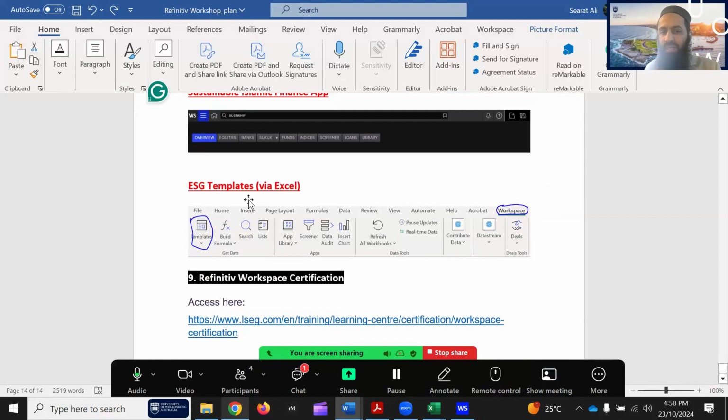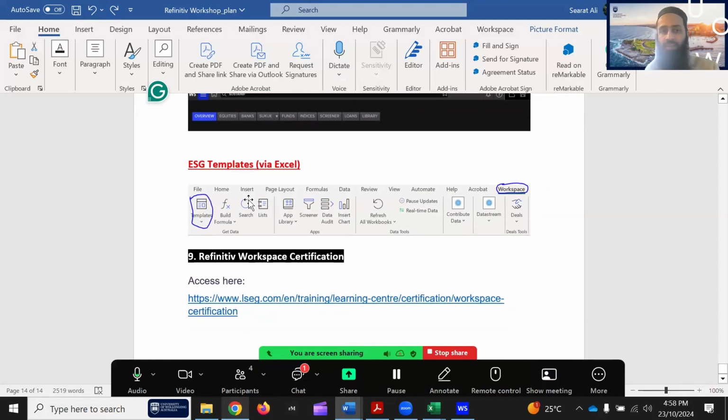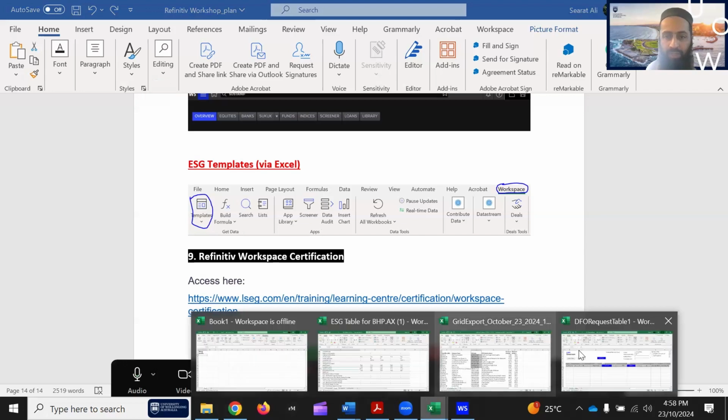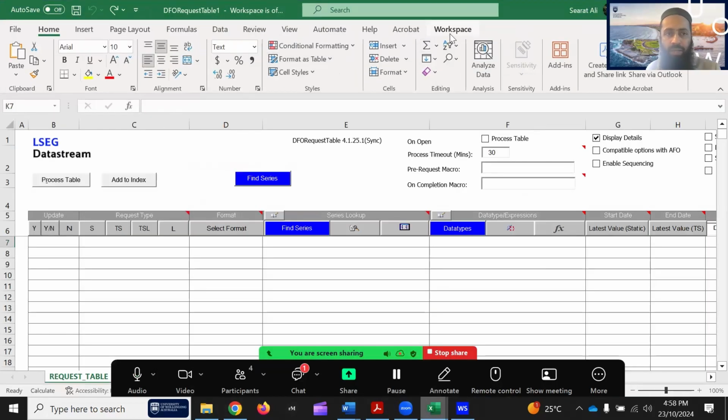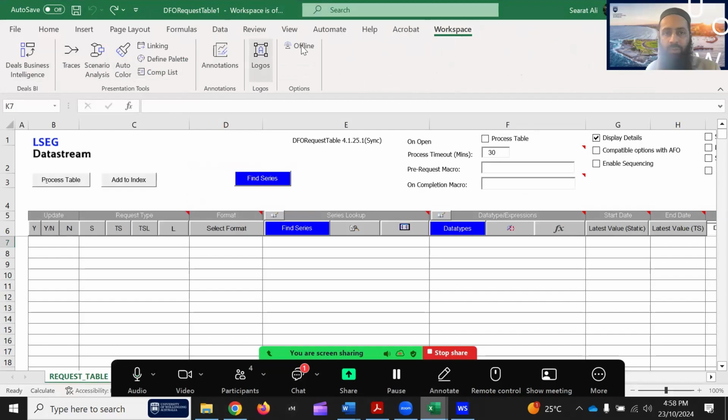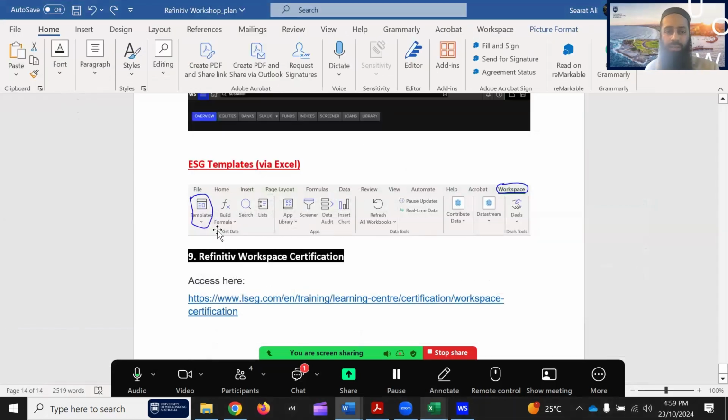And then ESG templates, predefined templates are available. You can search for them, and they are available through Excel templates. Let me show where it is. Under the workspace, somehow because it went offline, if you convert it into online, the templates should appear. There are a predefined number of templates, not only ESG, but many others, like M&A templates and loan transaction templates. It has a predefined company, but if you change the company name or ticker, the template will automatically bring the data because it has formulas, everything there.